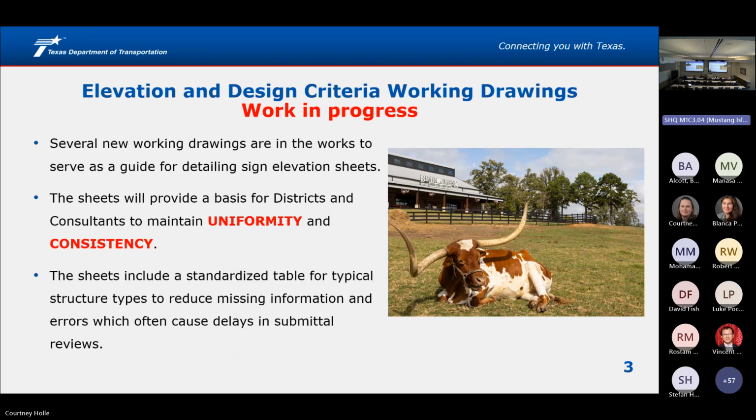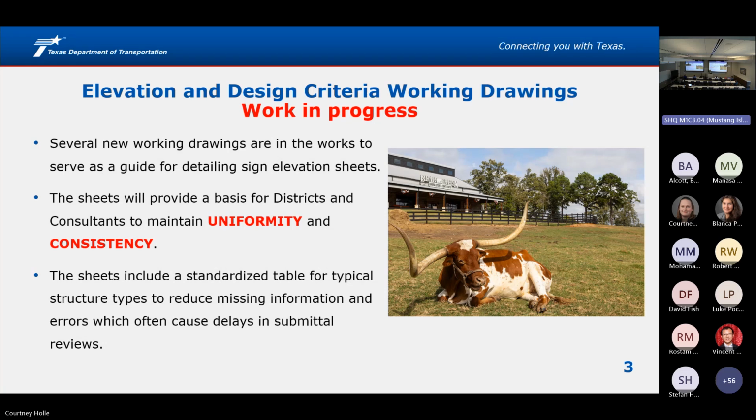I help do reviews, especially with alternate designs, and from every single consultant to district, the elevation views are different. And what we find is that it's done wrong, it's missing info, there's errors, and then we get the review. We've got to reject it because we find errors. And a year ago at a TASIG meeting, we kind of went to the contractors and fabricators and said, please help us find issues, find errors, put it in an RFI, because if we get an RFI, we can approve the review while we get a sheet revised.